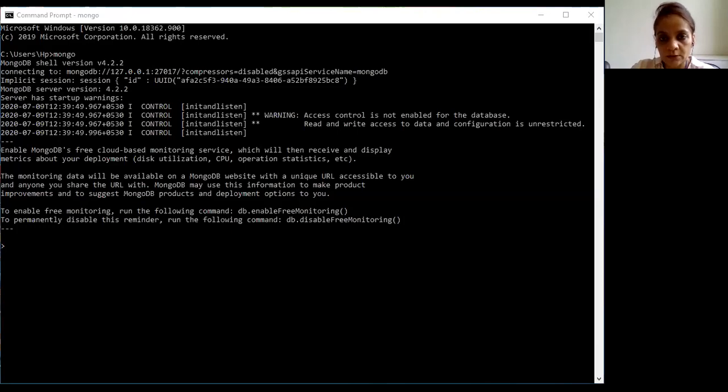Suppose we want to create a user in a given database, or we want to create a new database, then firstly we have to switch onto that particular database. So for that, firstly we will do use. Firstly check which database is currently open. It is showing the test database is currently open. Now suppose we want to create a user. The command for that is